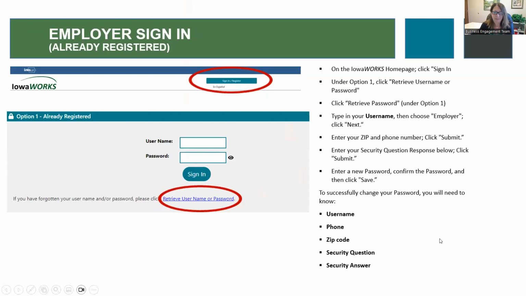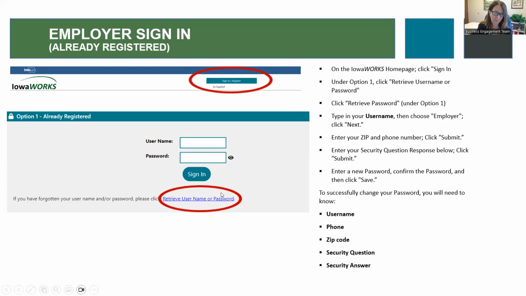As Maria had mentioned, all of our school districts already do have accounts set up in IowaWORKS. If you have not accessed the account yet, your business engagement consultant can help you get in, or if somebody from your school has already gotten that information, they can help you get in as well. So I'd start by seeking out someone on your team at the school district to see if they have logged in, and if not, you can reach out to your business engagement consultant.